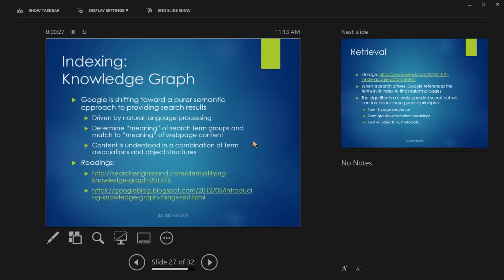Okay, another thing with indexing is the knowledge graph. So Google is shifting towards a purer semantic approach to providing search results. What does that mean? Well, semantics is basically looking at what the words mean, what the search terms mean, instead of the actual text in them. So what they're looking for is one group of terms that is roughly equivalent to another set of terms, or is somehow linked, like one is a subset of the other. For example,